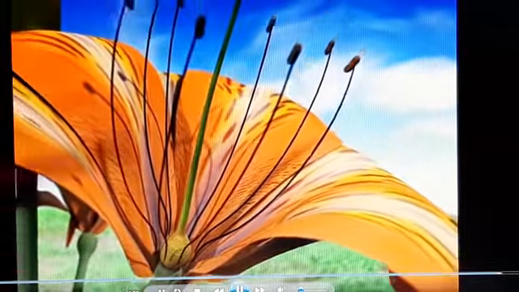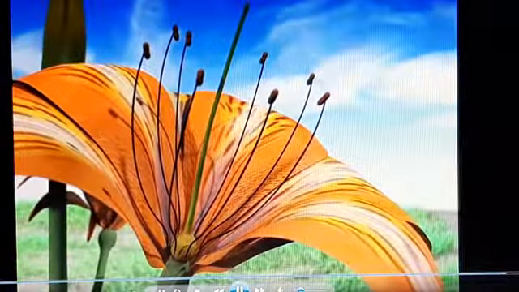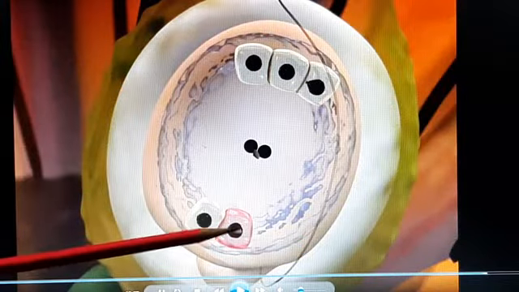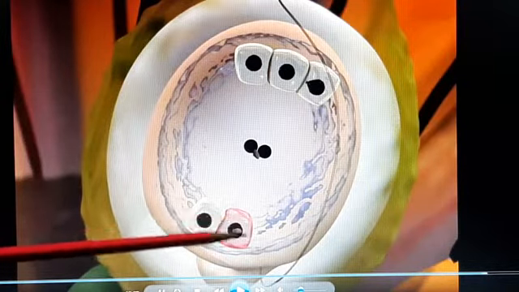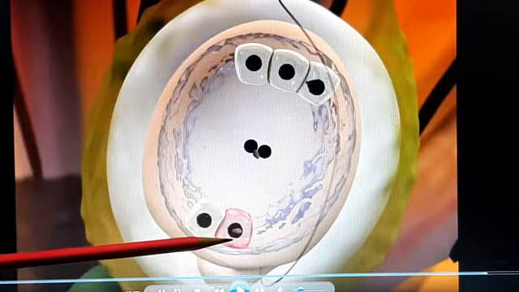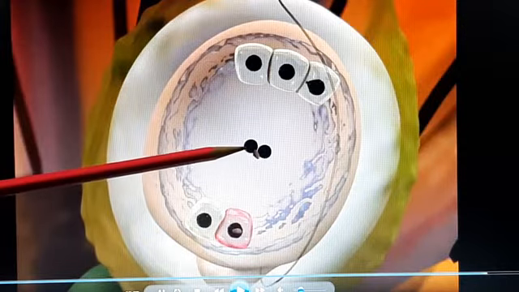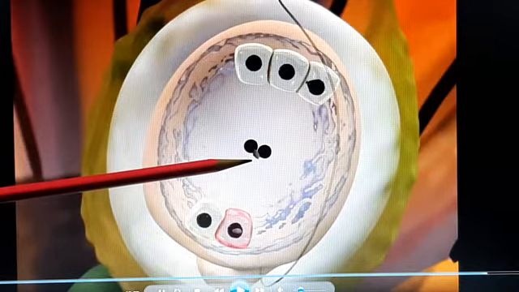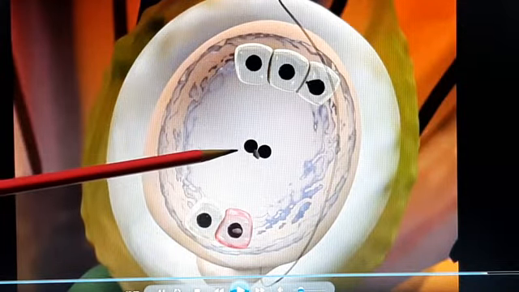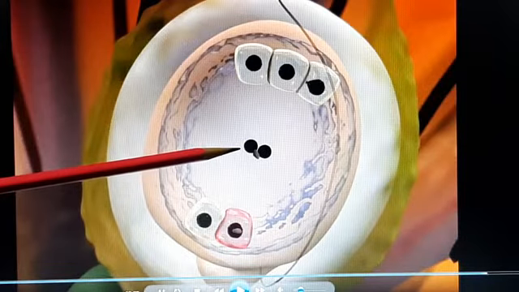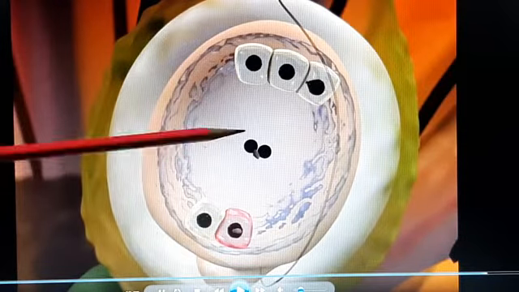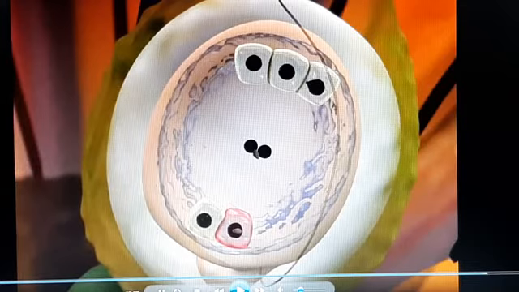After this happens, the ovary swells and becomes a fruit, and the ovules become the seeds. So here we see that one male gamete has fused with the egg cell, so that's one fertilization, and here the polar nuclei fuse with the second male gamete. This is also referred to as fertilization, and therefore we say in flowers you have double fertilization.